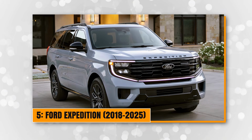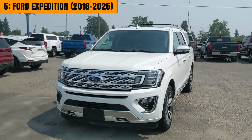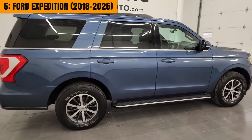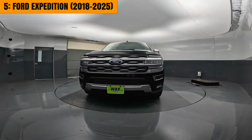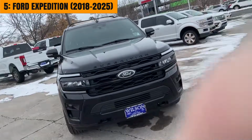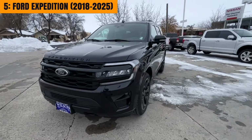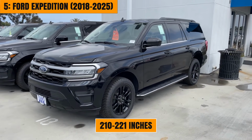Number 5. Ford Expedition, 2018 to 2025. Number 5 brings us full-size American power, the Ford Expedition. When Ford completely redesigned the Expedition for 2018, they transformed it into a legitimate luxury hauler that embarrasses some premium brands. Built on aluminum-intensive construction and sharing its platform with the F-150, the Expedition measures 210 to 221 inches, depending